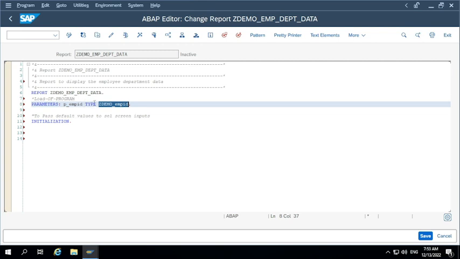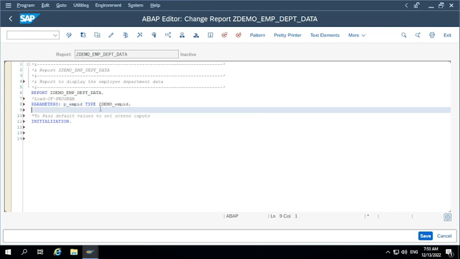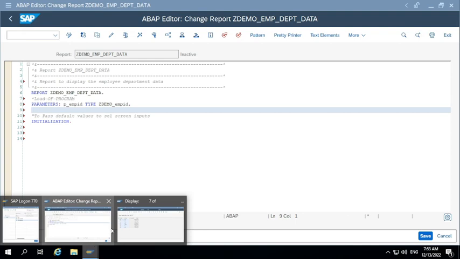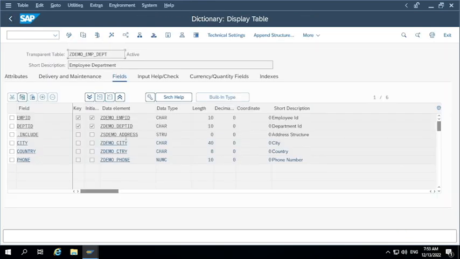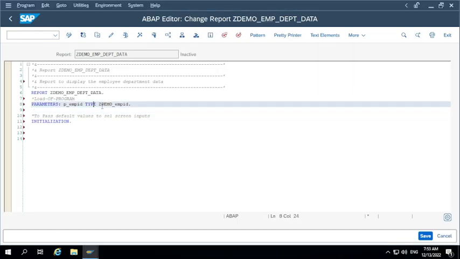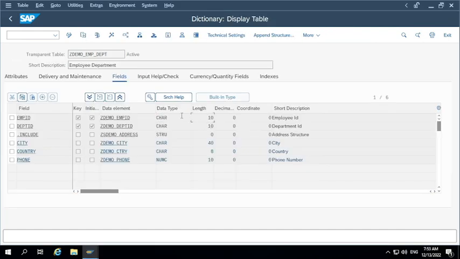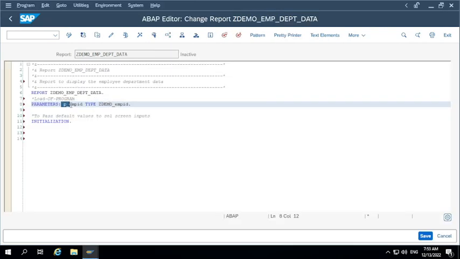Earlier, how did we define it? We defined using length and type C, right? Now you don't need to worry about what is the type of the employee ID and what is the length of the employee ID. Just go to the table where you have that employee ID field. Check what is the data element they are using for employee ID. Just copy that data element and use it here to define your parameter, right? Now whatever the type, length, properties applicable for this data element, they will be automatically applied to this parameter. Okay,